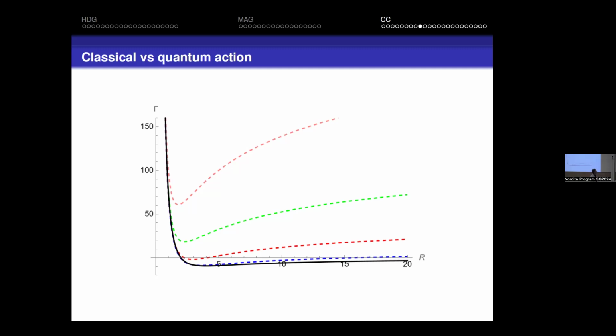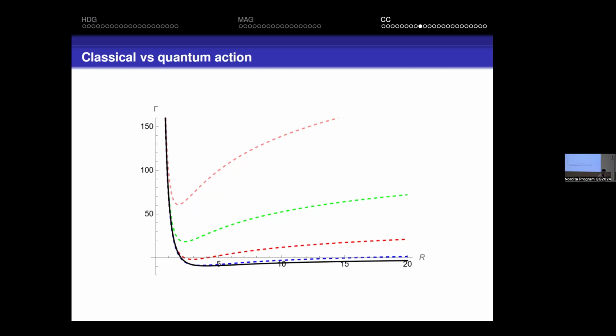Now you start adding quantum modes. N equal to 1, 2, 3, 4, and so on. You already see here exactly what happens. The minimum shifts upwards and a little bit to the left. With each new mode, you go a little bit further left. Now, further left means smaller R, contrary to what you normally expect. You expect more modes, more curvature. But no, sir, more modes, less curvature.